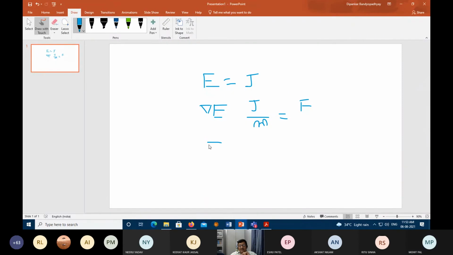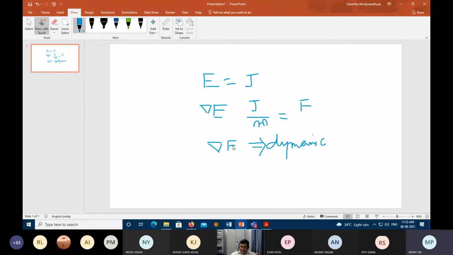And for any engineering process, you need a gradient of force to happen. There should be a difference in force. Suppose you are pushing me with one force, and I am pushing you with another force. Now, the force balance will decide any dynamics to take place. Any dynamical process is a consequence of a force gradient. You can think about, say, pressure gradient. This is one aspect of it.